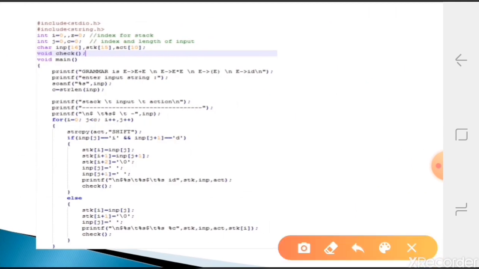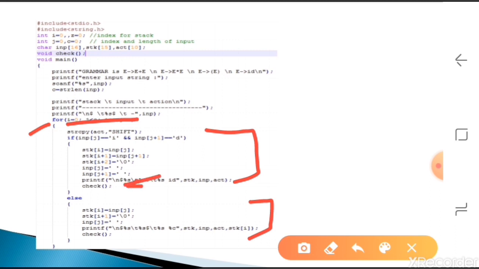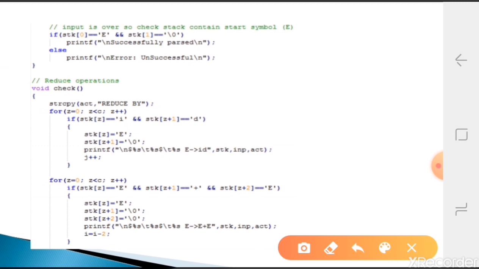So this is the overall flow. First we get the input from the user, and we parse it one byte at a time. This if condition is for checking id together, because it has 2 bytes. All the remaining symbols are checked in the else part, because they are 1 byte only. In between, we try to reduce it. Now we'll check how to reduce it. The reduce function is nothing but check. In the action part, if it is successful, a reduce operation has to be done. So in the action part, we say reduce by some production name, which you have to give.